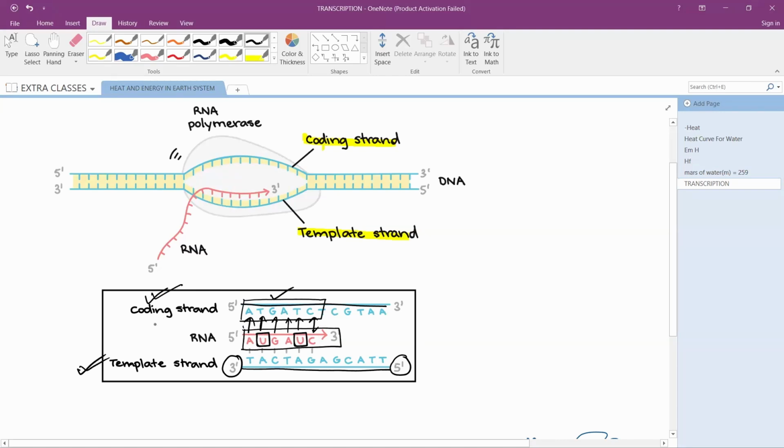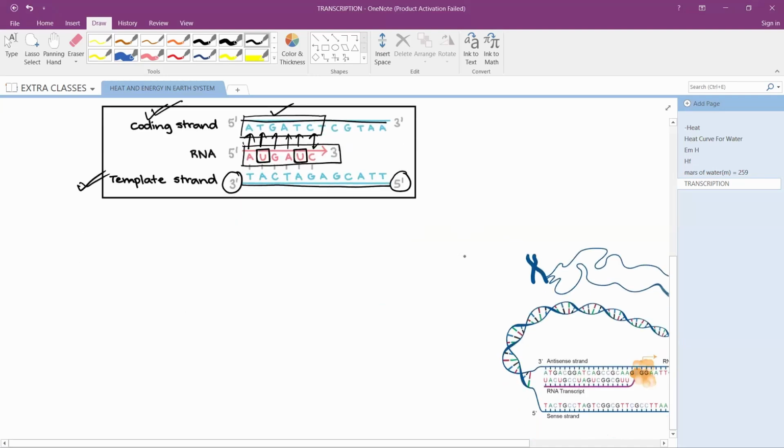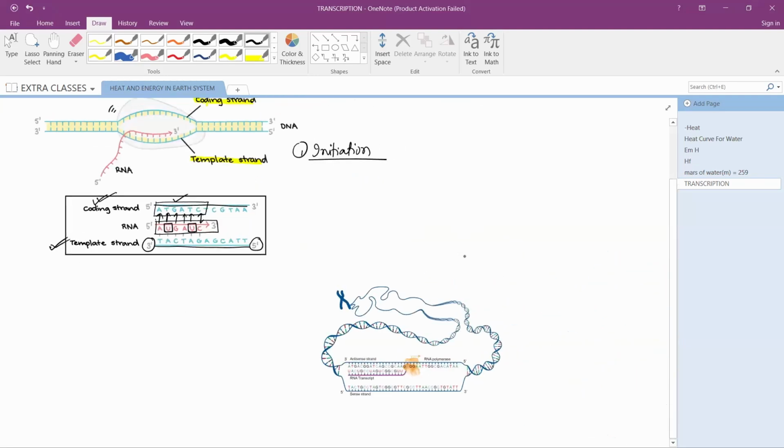Okay, understood? Okay, so there are various steps in the transcription. First step is initiation. In this step, RNA polymerase enzyme binds to the promoter region on the DNA. Do you know what is promoter? No. Promoter region on the